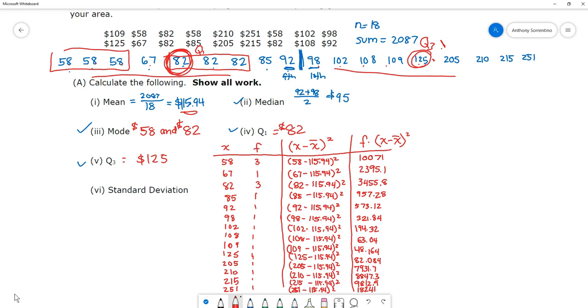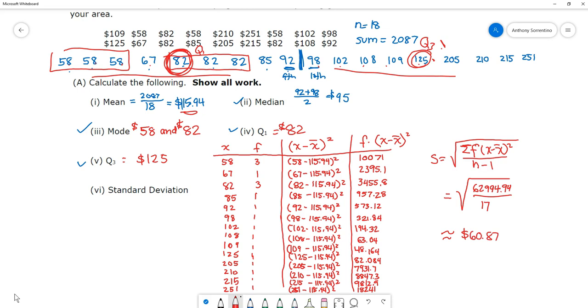And so the standard deviation is just going to be the square root of the sum of those over n minus 1. So in this case, if I took all those values there and added them up, I would have the square root of 62994.94-ish over 17, and that comes out to be approximately